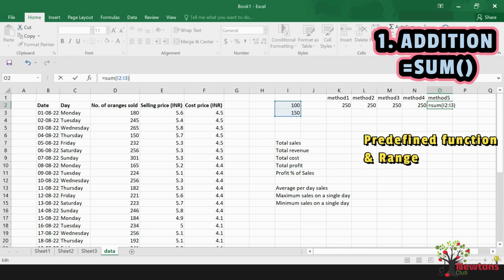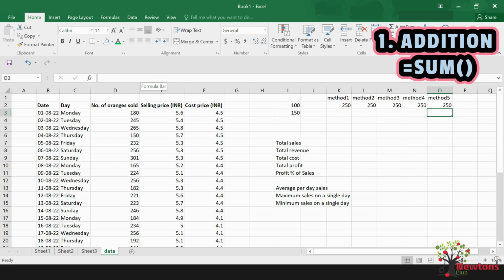We had discussed about this in the first video. Click on the close bracket and press enter. We will get the same result. So now let's go to the first target of accountant, which is finding the total sales for this particular month,